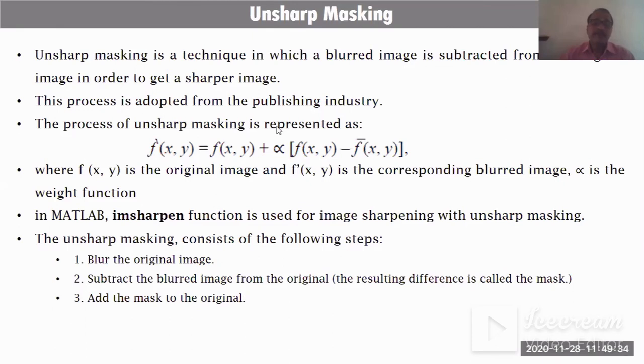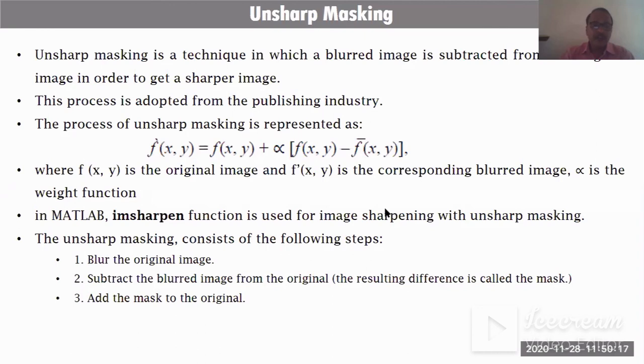This process of unsharp masking is represented as f dash of xy is equal to f of xy, this is the original image, plus alpha, that is some sort of scaling factor or weight, times f of xy minus f dash of xy. So here f of xy is the original image, f dash of xy is the corresponding blurred image. We can subtract this blurred image from the original image and we can get our final output image. So in MATLAB, the imsharpen function is used for